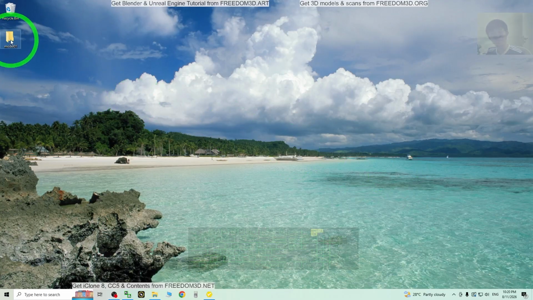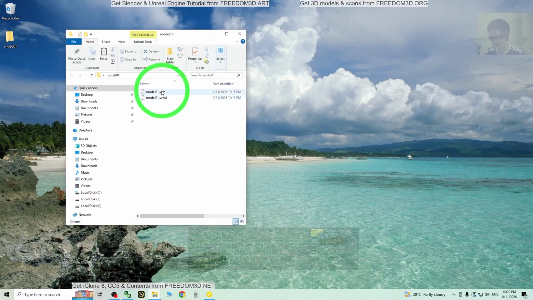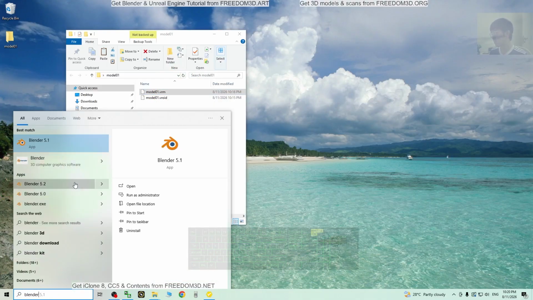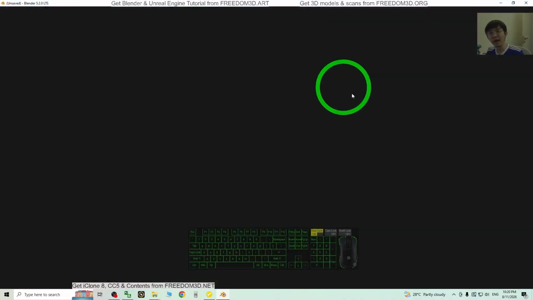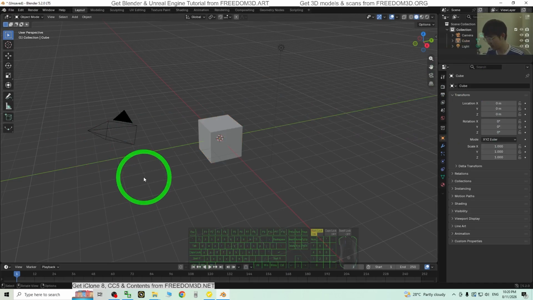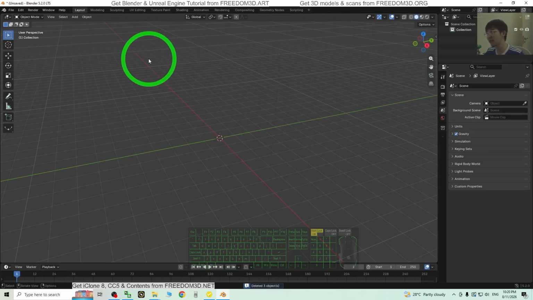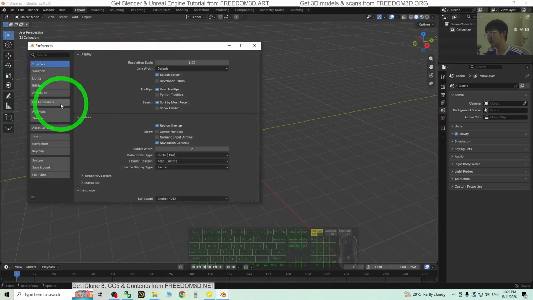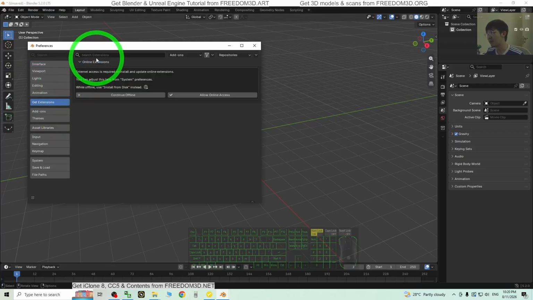Alright, so now we already have the VRM file. Then we can import it into Blender, the latest version, Blender 5.2. So now I open Blender 5.2 and I'm going to show you how to import the VRM. First, just click the empty area, just press A and just press delete to delete everything. Next step, go to click edit, preferences, then go to the get extension, search the extension, just type VRM, just